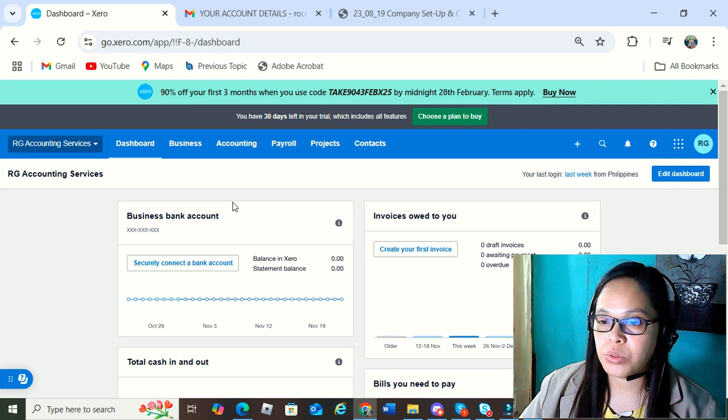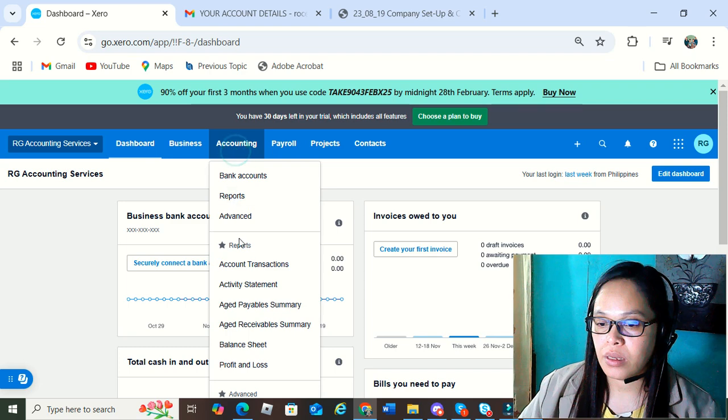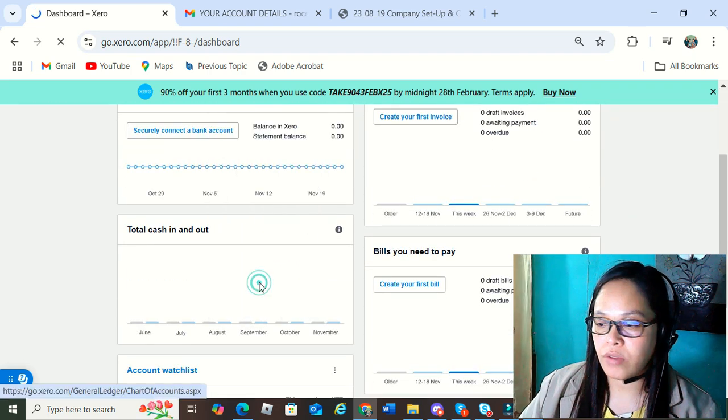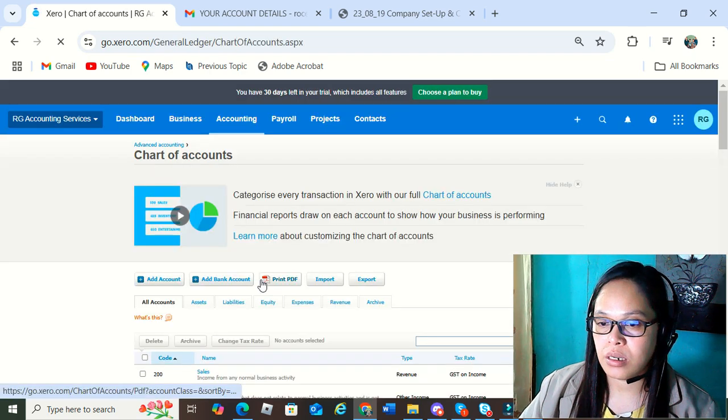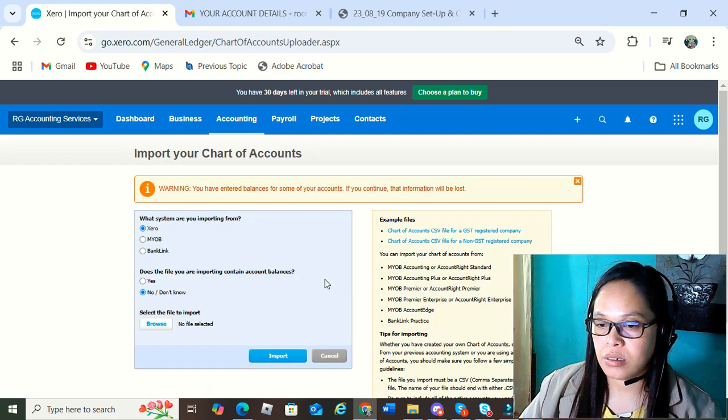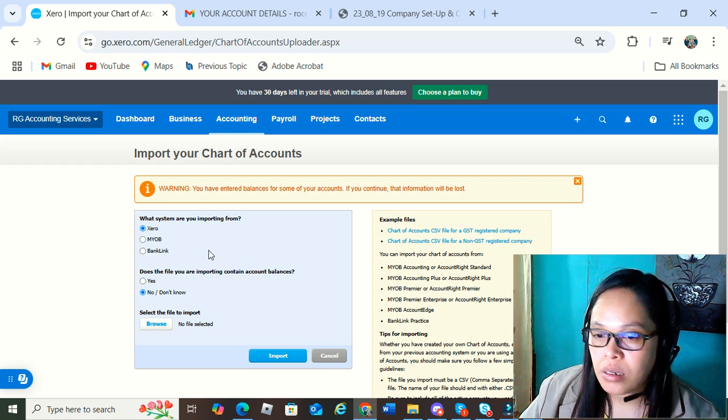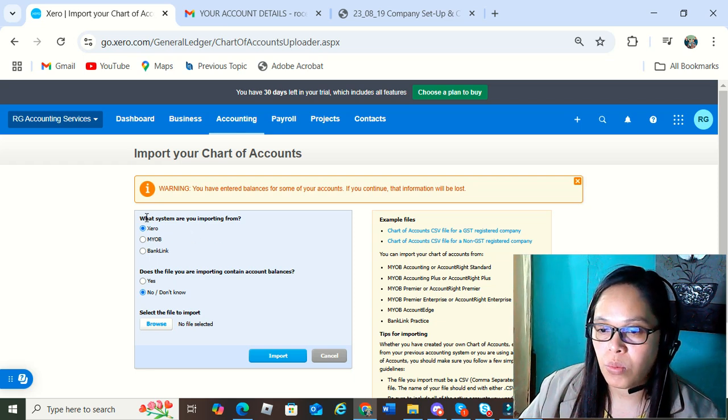So to do that, you may go to Accounting tab, then select Chart of Accounts, then Import. Then you are directed in this question, what system are you importing from?